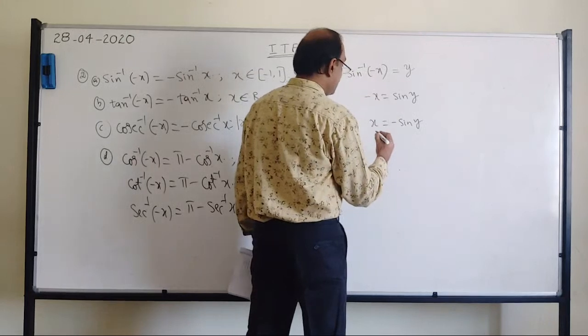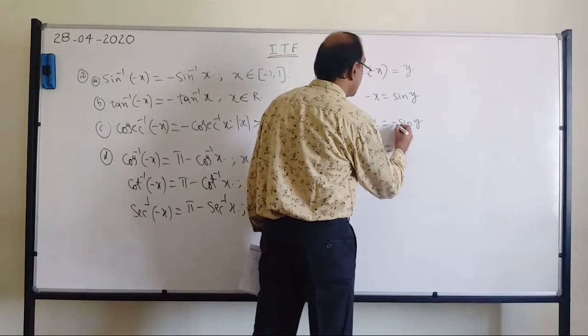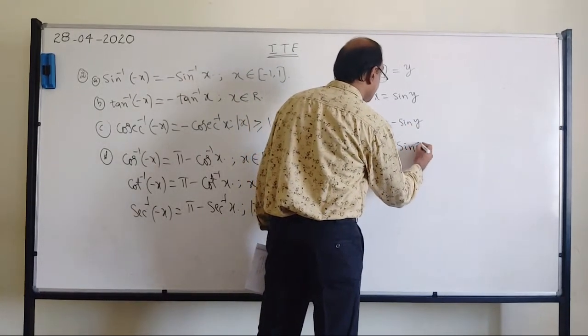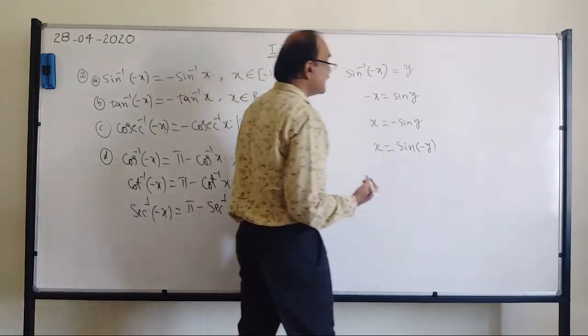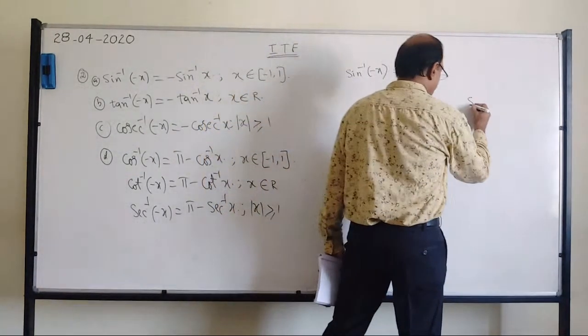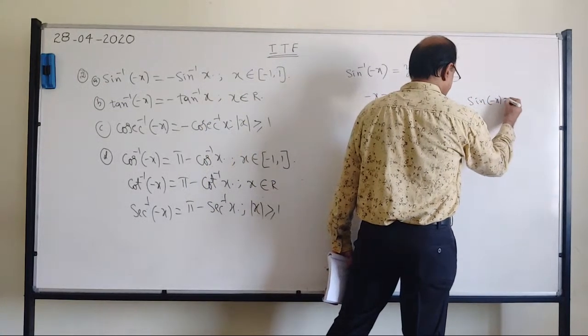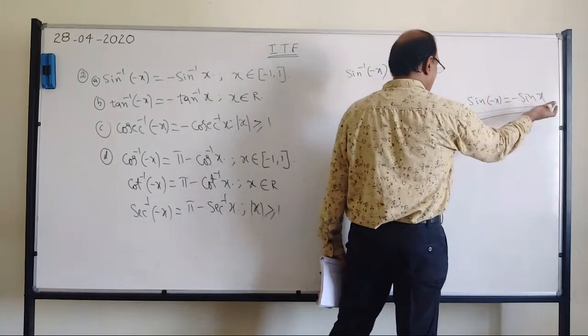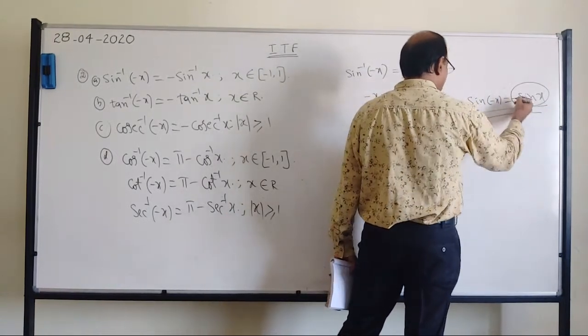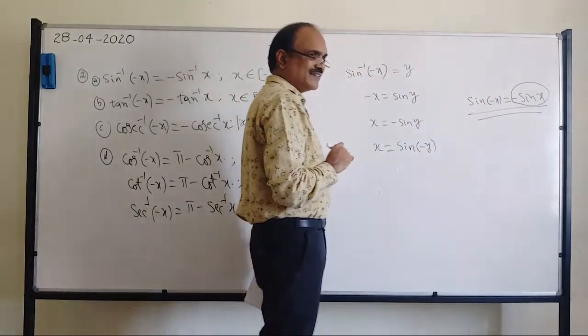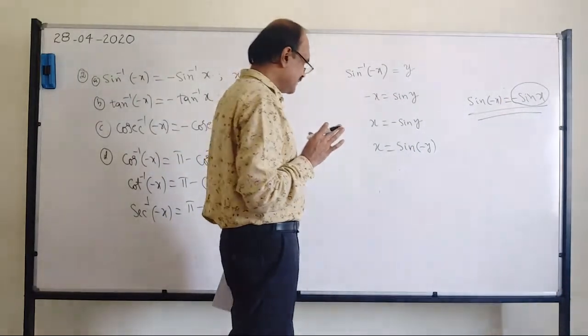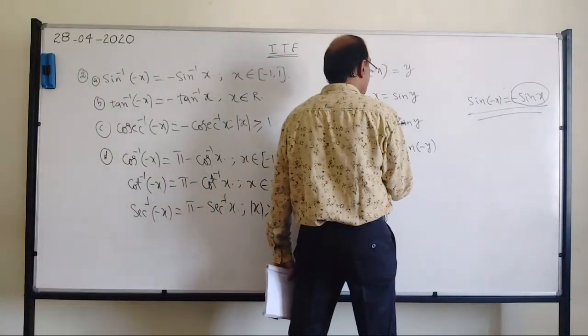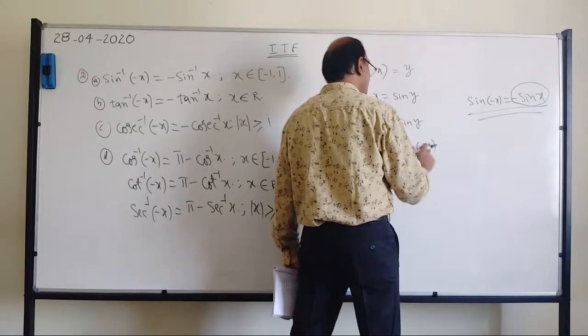Okay, and x equals minus sine y can be written as sine of minus y. Sine of minus y, you know that sine of minus x is minus sine x. All the properties you remember this way and also this way. If I have something like this, I can write like this. Reverse way also you should remember. So that's what we are doing here. I've got a minus sine of y. This I can write as sine of minus y.